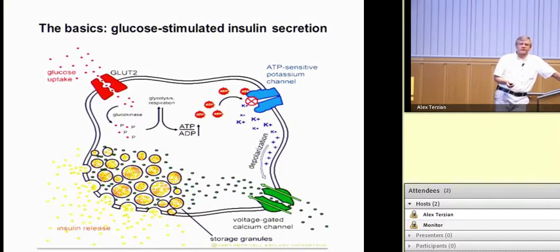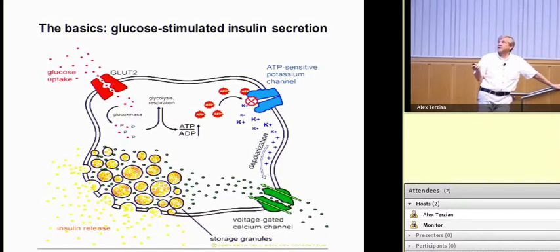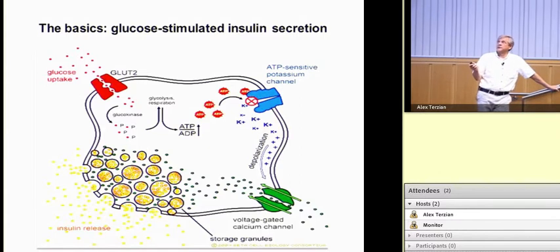There are a number of different aspects to this that seem to play a role in insulin secretion. Insulin is actually secreted biphasically. There's a first phase that is likely due to this potassium channel event and likely due to ATP generated from the glycolytic pathway. And then there's a second phase, which is probably due to both factors that are generated by glucose and, as I'll show you, probably fatty acids as well,